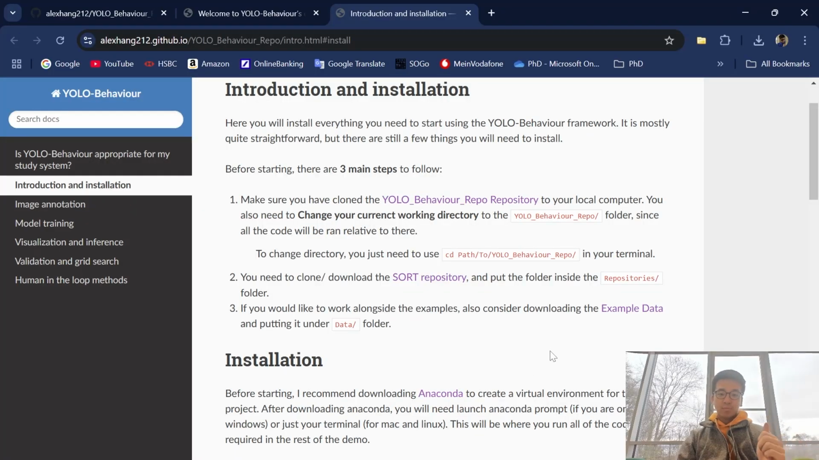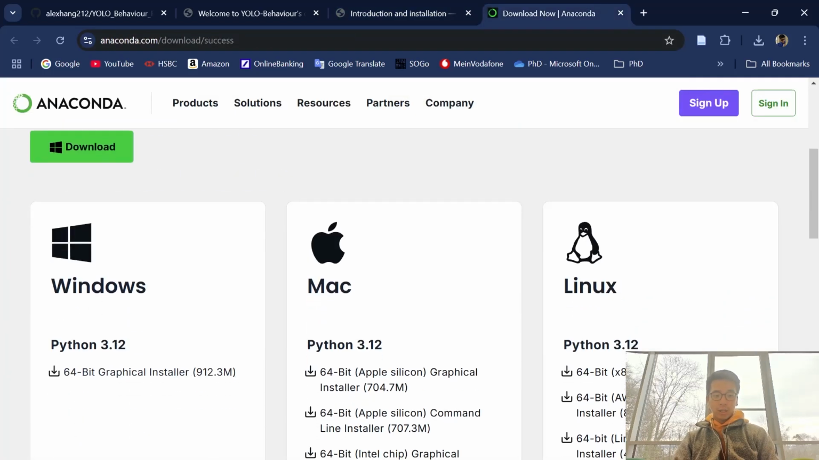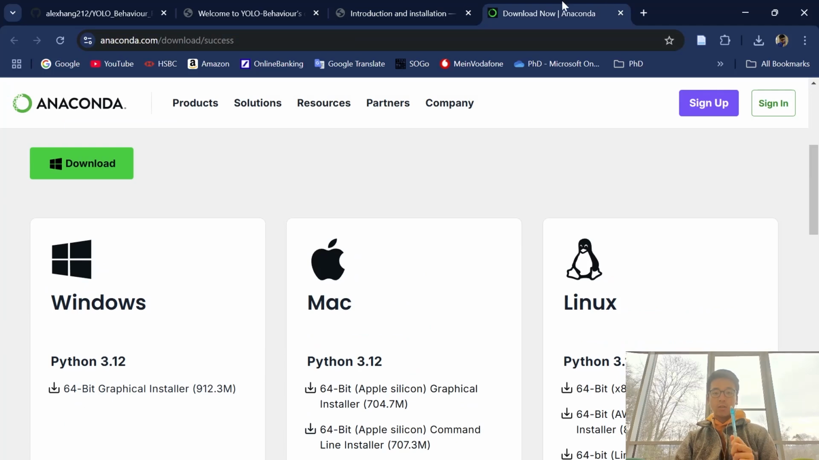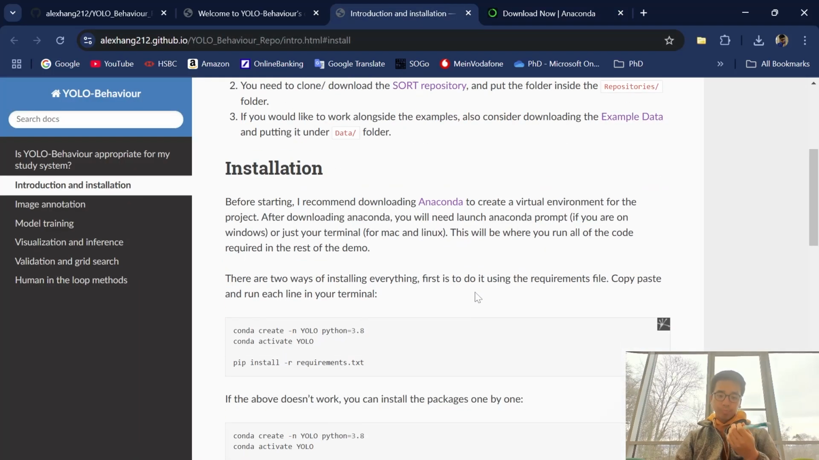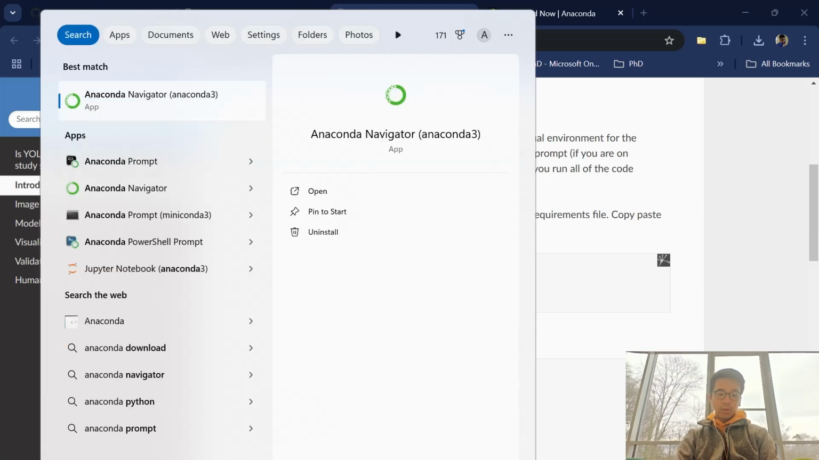Next, we can start installing everything required. First, I would recommend installing something called Anaconda, which is a well-known and widely used package manager to install Python packages. You can follow this link to download it, and whatever system you're using, you can download the appropriate version. After installing, I already have it installed on my computer, you can just open an Anaconda prompt,